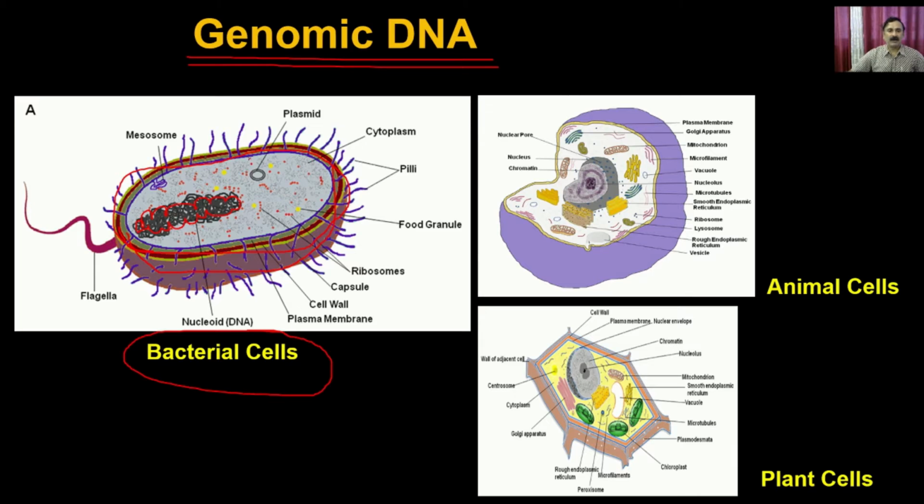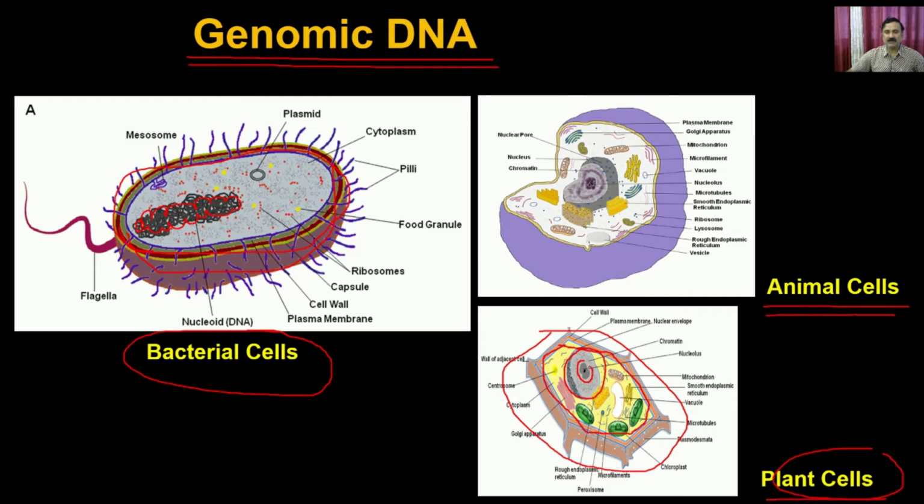And apart from that, if you talk about the two different types of eukaryotic cell, whether it is the animal cell or the plant cell, their composition is going to be different. For example, in the case of the plant cell, you have a thick cell wall, followed by the plasma membrane, and then within the plasma membrane, you have the membrane-bound organelles, including the nucleus. And within that you have the genomic DNA, which is present in the form of DNA-protein complexes. Compared to that,